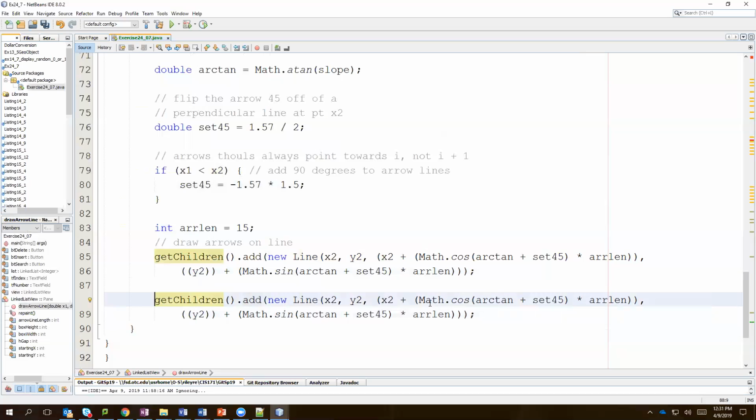Our calculations, whenever we're doing the X2 calculation, instead of adding our 45-degree angle or our 90-degree angle to our arctangent, we want to subtract it because, again, we want to go the other direction. And then in our calculation for that last part, again, we want to subtract. Are we changing the multiply to a divide or